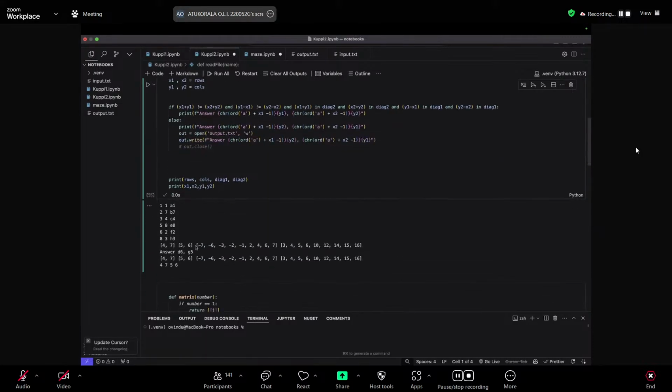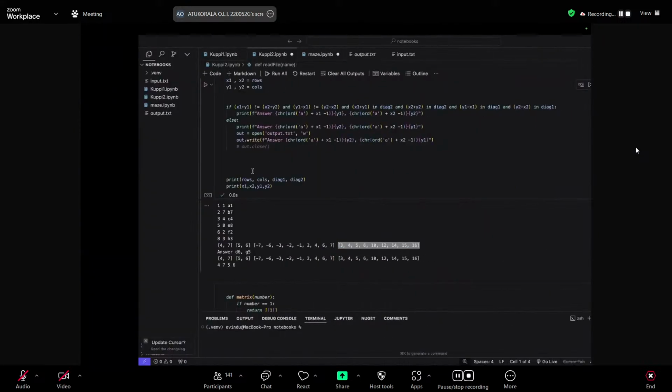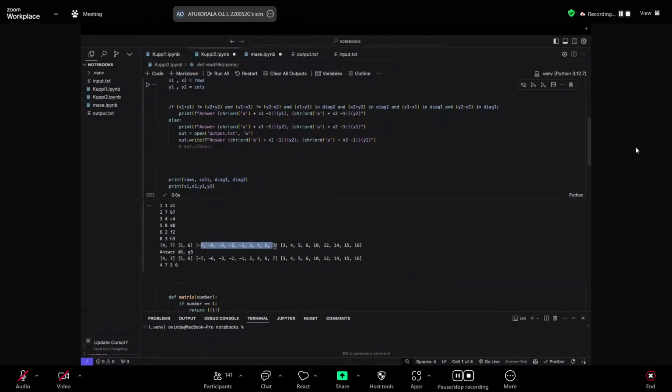You can see I have a lot of diagonals. That is because when you take a chessboard, you have more than 8 diagonals. You actually have 15, right? Because there's one here, and then you will have another 7 like this, and another 7 like this. So you'll have 15 diagonals going this way, but we are only eliminating 6 here, and we are eliminating 6 here. So you'll be left here with 9 diagonals.